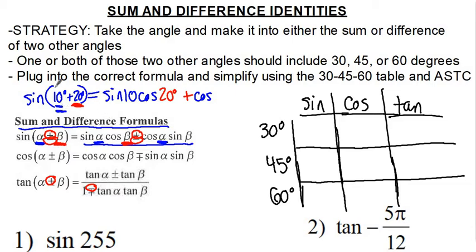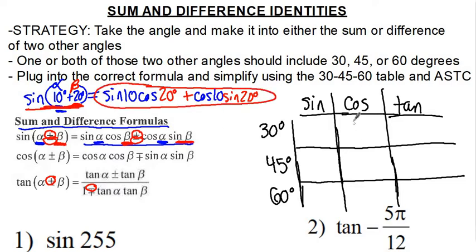So in our case, alpha is 10. And then times the sine of our second angle, our beta angle. So in this case, beta is right there. So you'd have the sine of 20. What this basically says is the sine of 10 plus 20 is equal to this whole thing if you were to solve that out. So this will be clear when we do some examples, but really all you need to